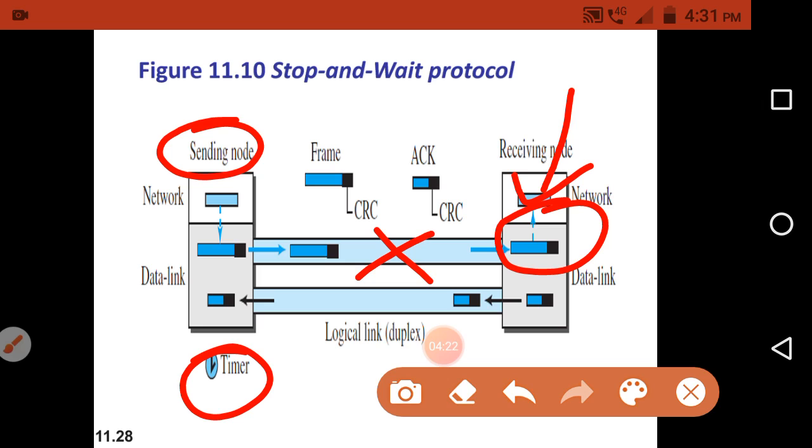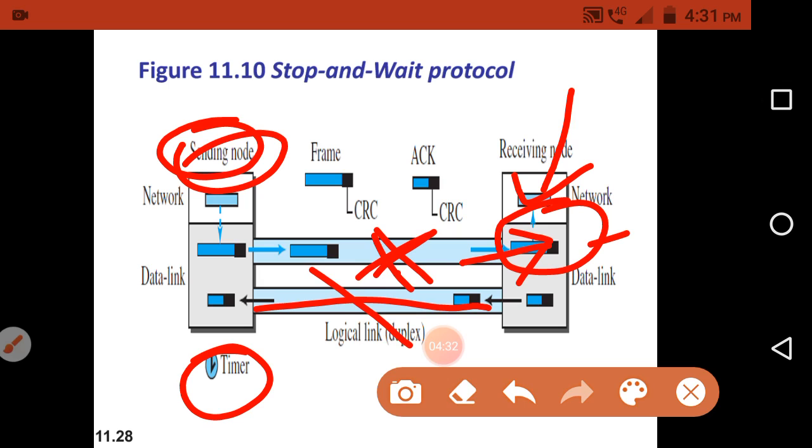These are the two possibilities: the frame can be lost in the middle, or the packet that reached the receiver is corrupted. In either case, the sender does not receive any acknowledgement from the receiving side.